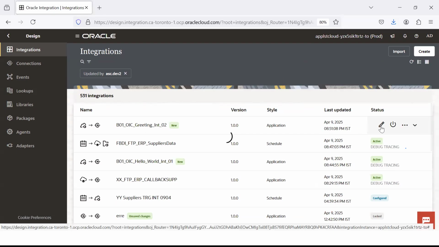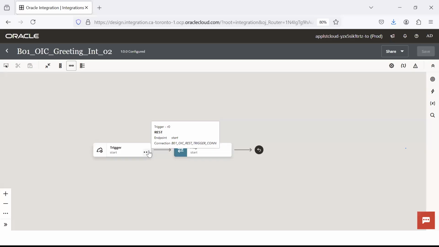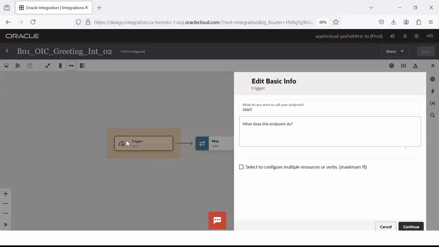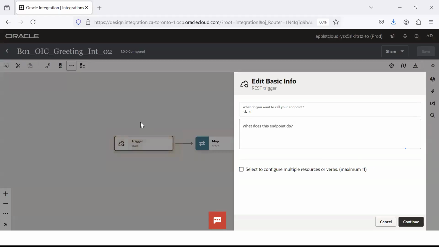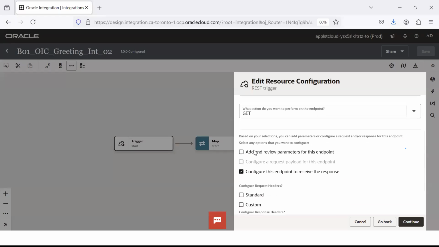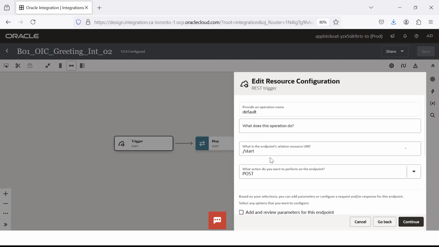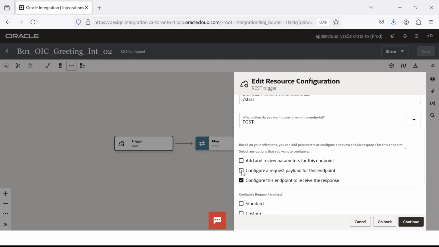Now we can come here and modify some things. As of now, in the start point, we don't have any request. So we'll say that we will accept some request from the end user also. So we can come to this trigger part and say that we need the parameter also. Or for example, we can configure this as a post method. So let me convert it into post and we say we will need a request payload. We can click continue